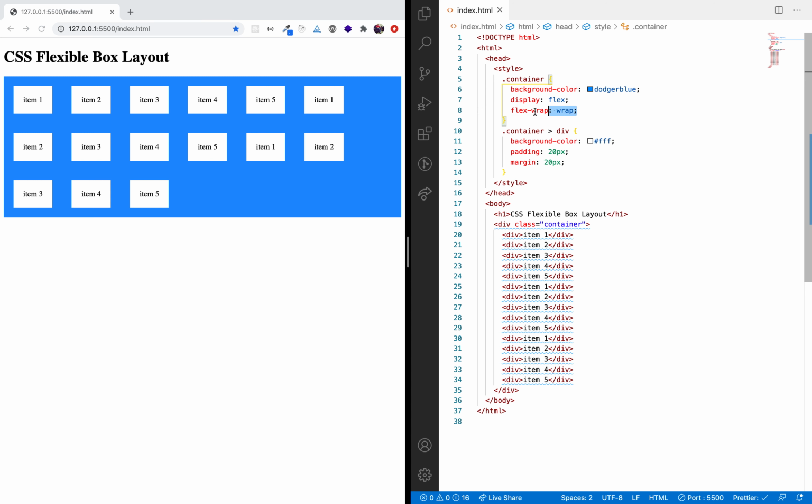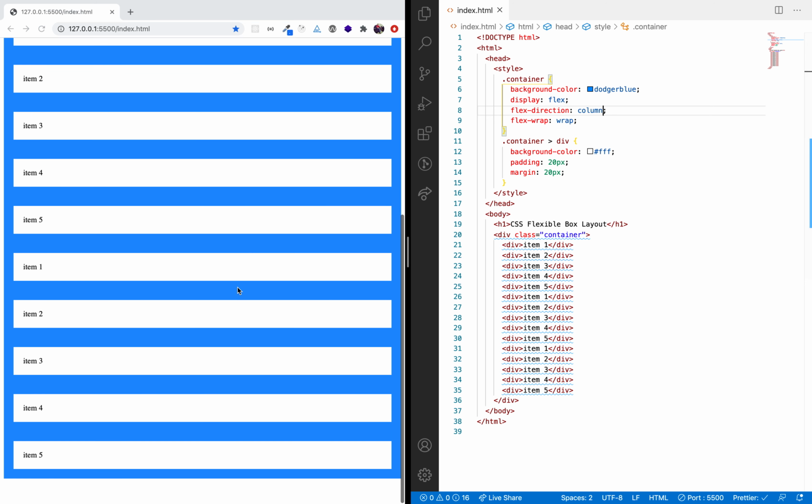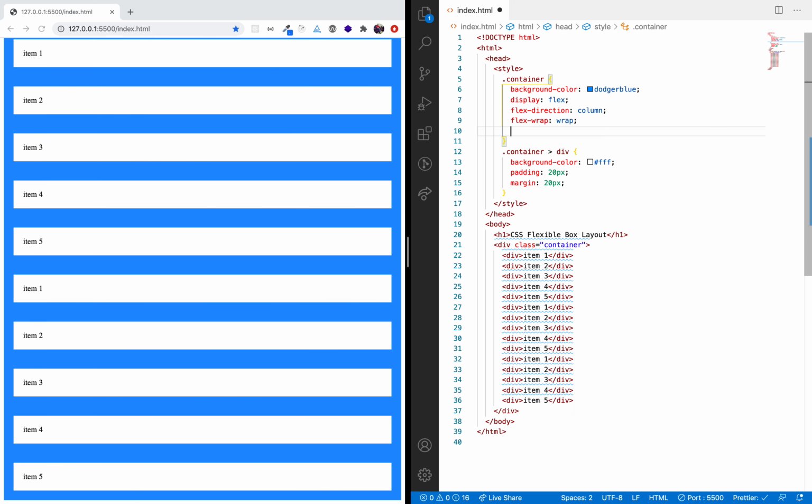I have used two properties here: flex direction, which is column, and flex wrap. We have another cool property called flex flow. With the help of flex flow, we can combine these two properties, flex direction and flex wrap, and use flex flow only in place of the two.